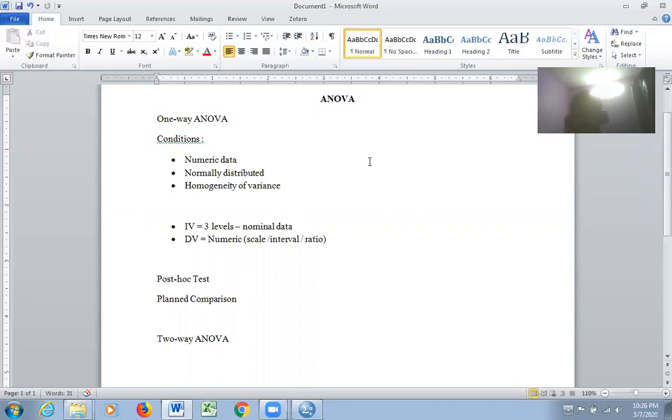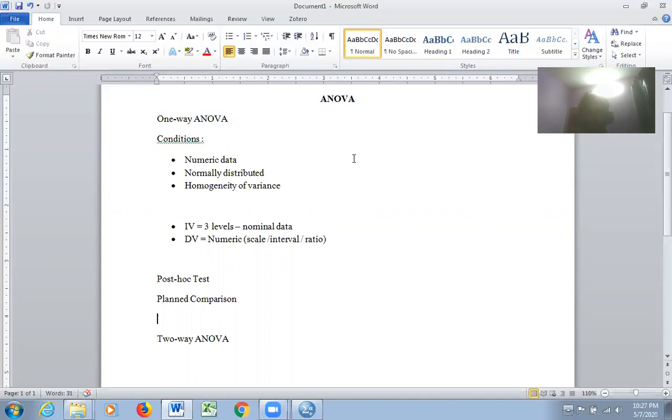As we discussed earlier, the independent sample t-test and paired sample t-test are applied when your independent variable has two levels and the dependent variable is numeric in nature. But as far as ANOVA is concerned, the independent variable may have three or more levels, more than two levels. For example, education qualification: undergraduate, postgraduate, research scholars, faculty members, so there are four levels. If you consider nativity, rural, semi-urban, urban, three levels.